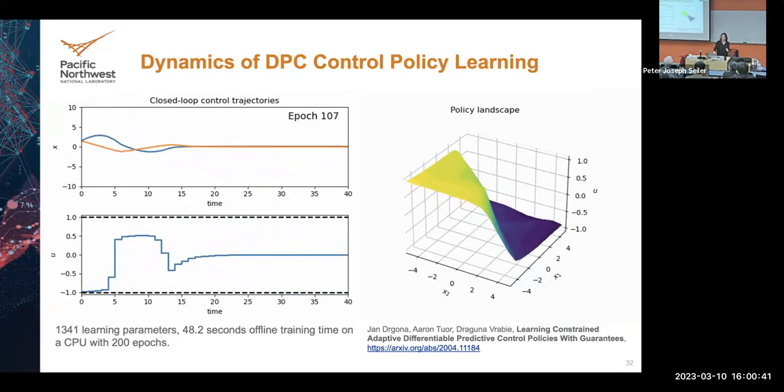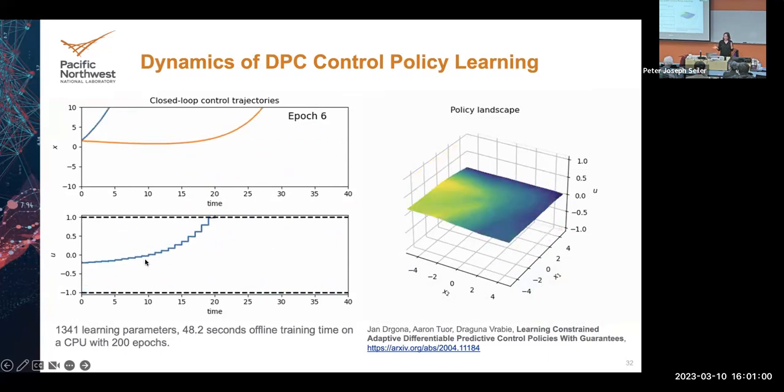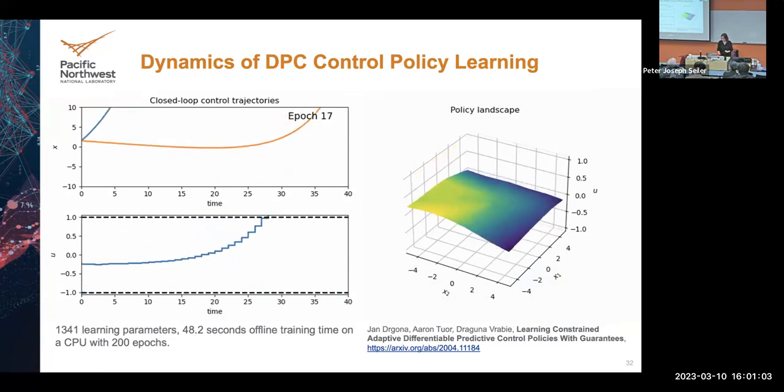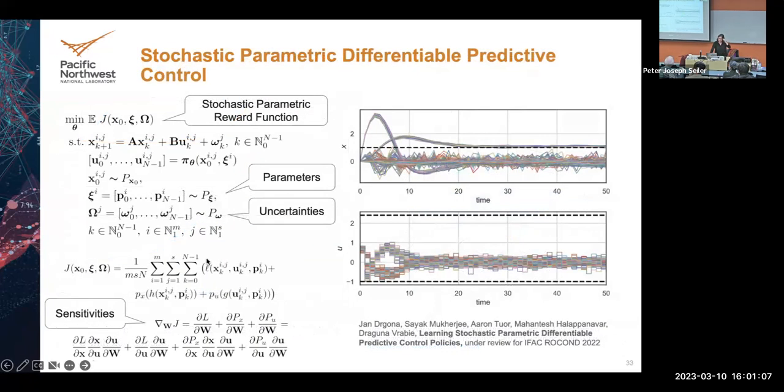Obviously, we're not only sending this trajectory sample through the training graph, but this is just illustrating how the policy landscape is changing while we're learning and how the outputs and the control input are changing. So here we had a constrained control input, and over time, it learns to stay within the bounds. This is a very simple example. It's just an illustration.